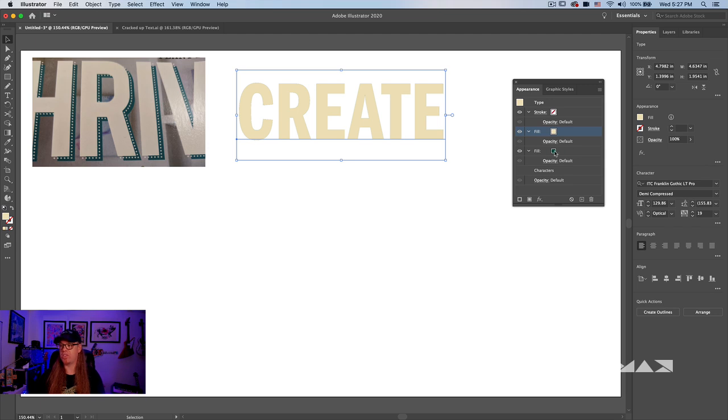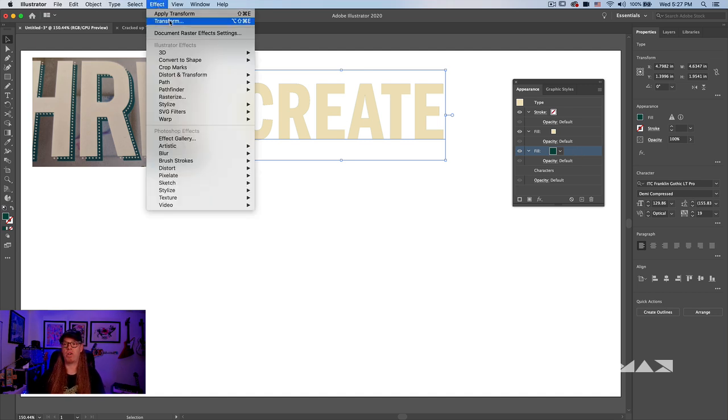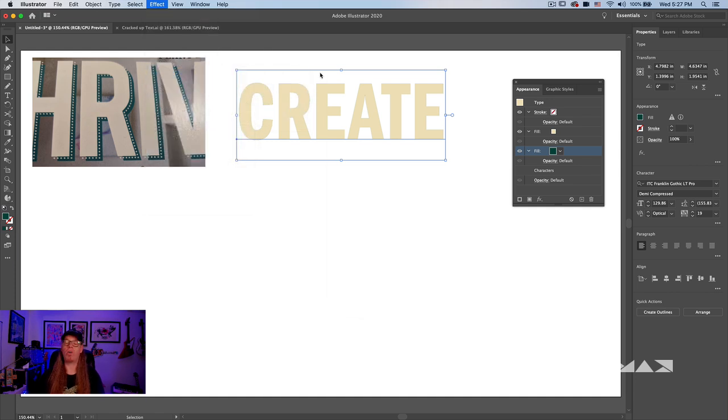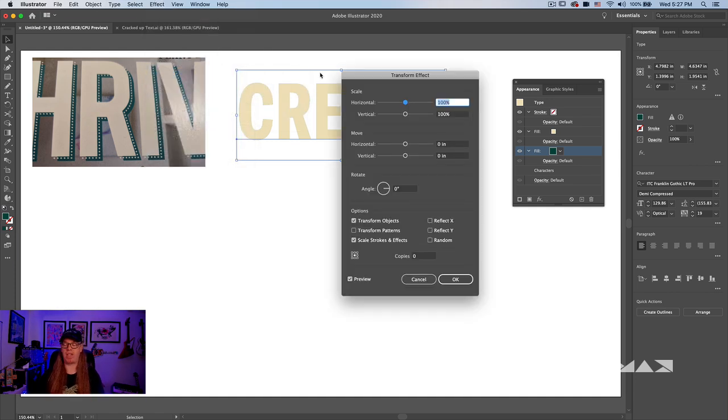Now what I want to do is select this dark teal green fill, which is supposed to be our shadow. Click on that and go up to Effect and come down to where it says Distort and Transform and choose Transform. And don't worry if I'm going kind of fast and you're saying, hey, I can't keep up. You're going to be able to watch these videos again, or there's also a worksheet handout for this session, which I break everything down step by step, and you'll be able to follow along at your own pace. So don't stress out about it.